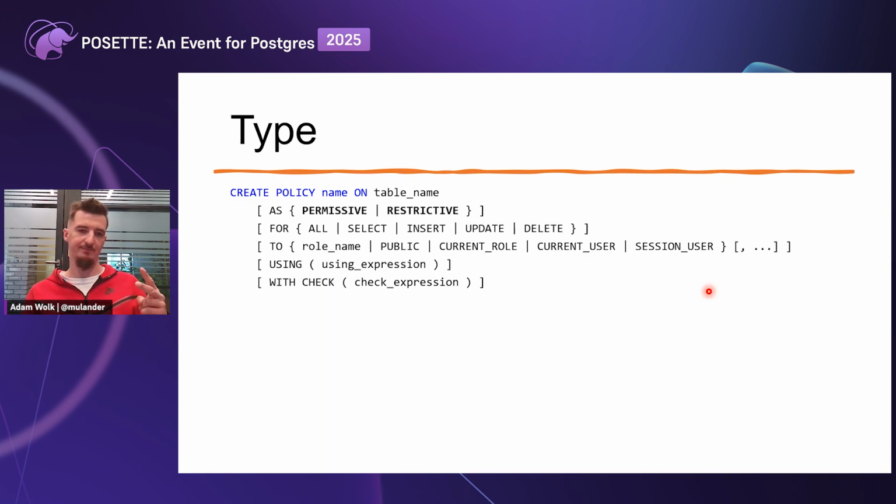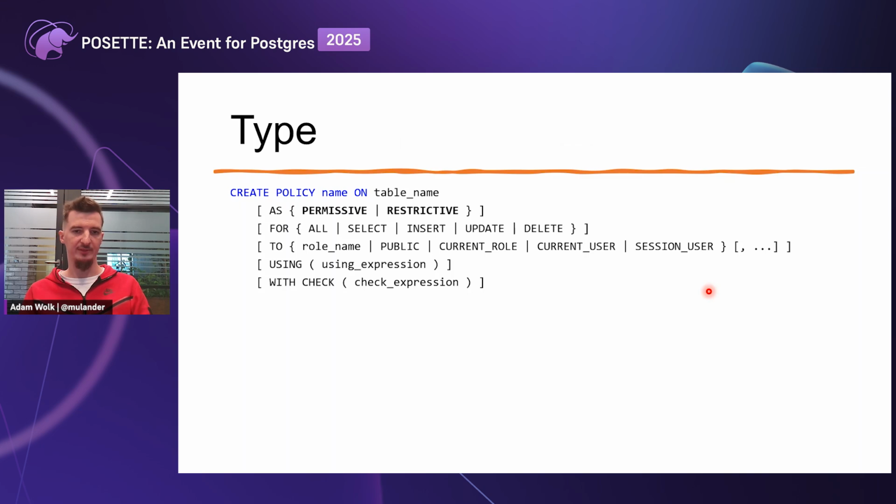There are two types of policies you can have: permissive and restrictive. By default, if you have no policies, it's deny all. Permissive policies are required to say you can access a row, and you need at least one permissive policy evaluating to true to see any rows at all. And if you have multiple permissive policies, they will be chained together with an OR clause. So if you have 5 permissive policies defined, you need just one of them to evaluate to true to be able to see a row.